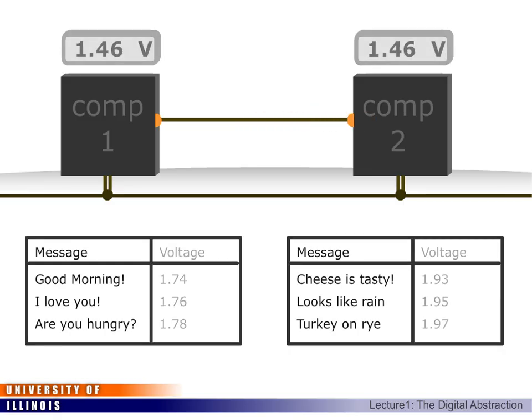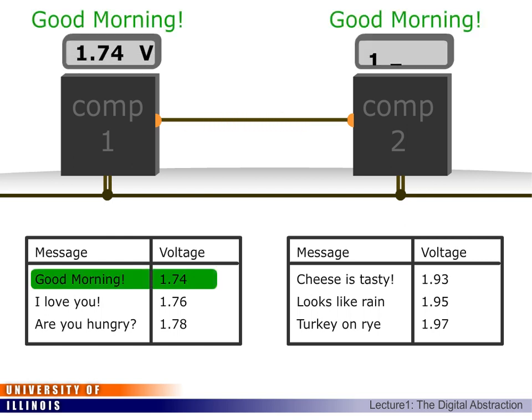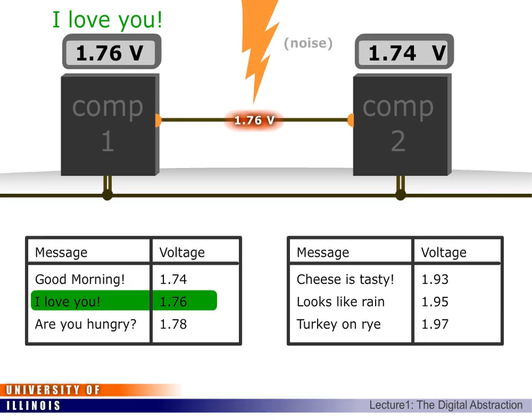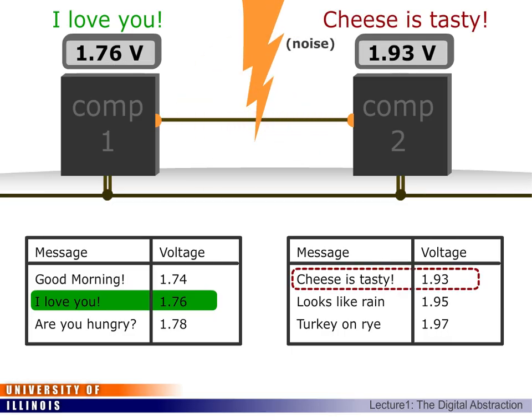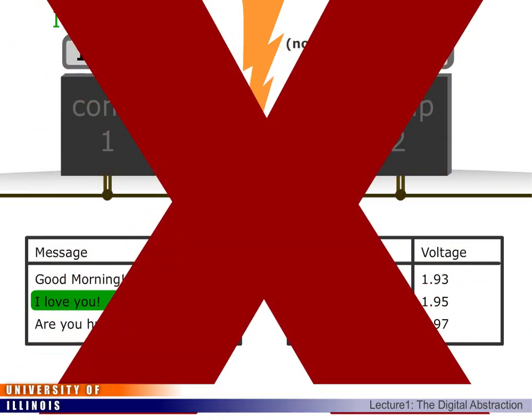Because voltages are continuous quantities, we can theoretically encode an infinite amount of information on a single wire by encoding every possible message as a different voltage. There are, however, two problems with doing this. First, there are many sources of noise that can cause the voltage received by the second component to differ from the voltage sent by the first. Second, there is a limited precision with which we can sense voltages. If a meaning was associated with a precise voltage, our information could easily be garbled, so this isn't done.